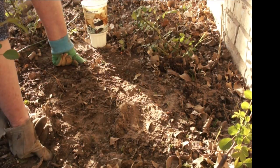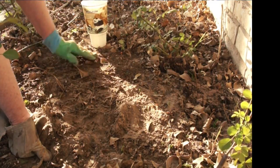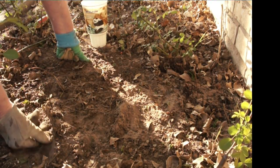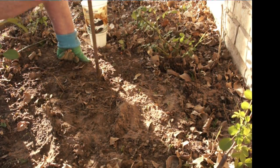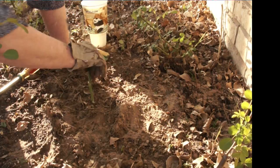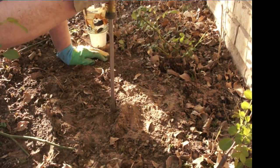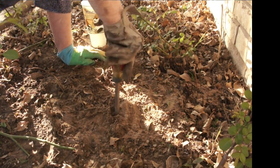You can start making cuttings even in November. Make cuttings over your rose bushes, and the time to trim them is around Valentine's, or you can even do it before Valentine's. The best time to plant your cutting is when your ground is wet, where you can just stick your rose cutting down into the ground. But here we didn't have any rain, so I have to make a hole with a screwdriver and wet it,